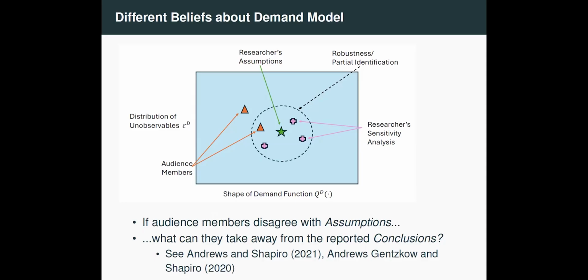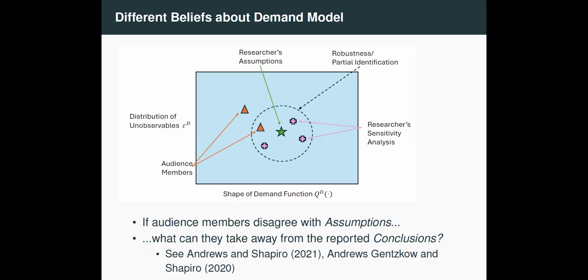But let's say that you're somebody who thinks that the most plausible set of assumptions is over here at this orange triangle, or even over here at this one. How are you supposed to know how to move as you move in the space of assumptions, how you should expect to be moving in the space of conclusions, the way you did in the example before about the returns to schooling? So even if, for example, you may know that you're helpfully nested inside this nice identified set, how are you supposed to know where in it you live?